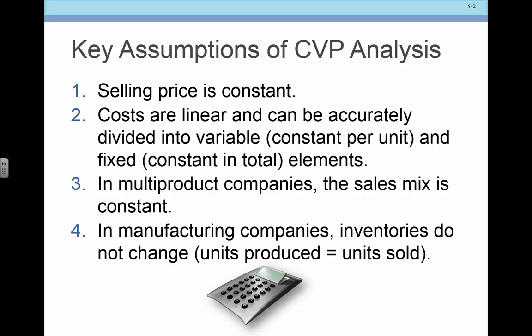Basically, we've been focusing on contribution margin, and that is the tool, or the base number, that we use to conduct this analysis. It's going to help us make decisions on products and product lines and pricing and volume that we should be selling